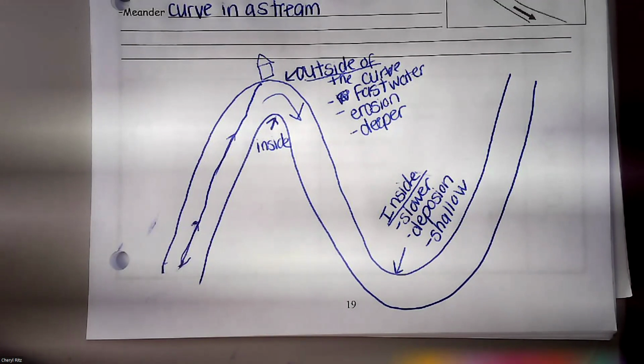So you do want to build a house or any structure on the inside of a curve. You guys probably don't know this because you were too young. It was about 12 years ago. You know, the Cattaraugus Creek, we got Tim Hortons and Class Boys. They actually had to reroute the Cattaraugus Creek there. You know how now it's closer to the Tim Hortons side of the bridge? 12, well, I guess 13 years ago, before they fixed it, the creek actually was much closer to the Class Boys side. And what was happening is it was eating away the backyards of the houses over where Class Boys is.